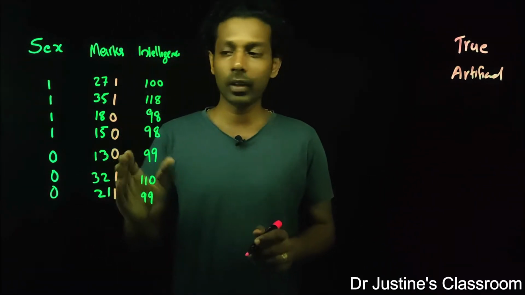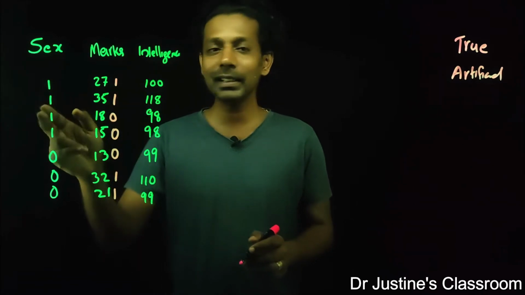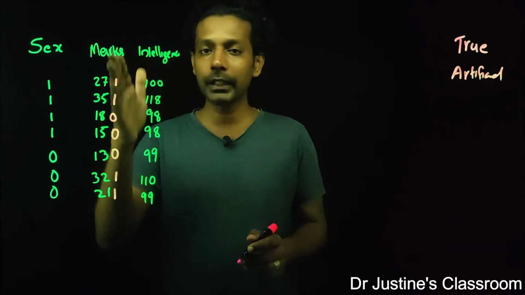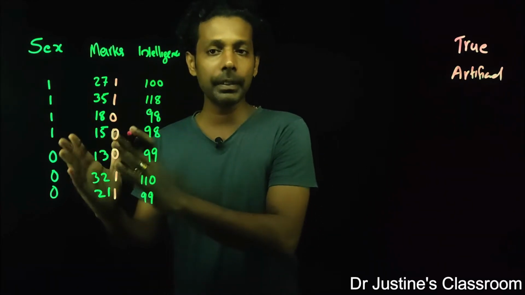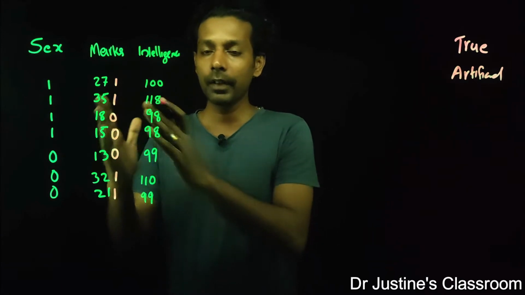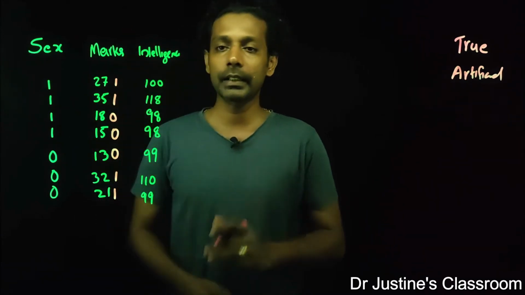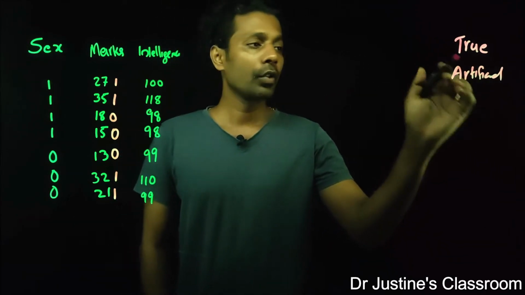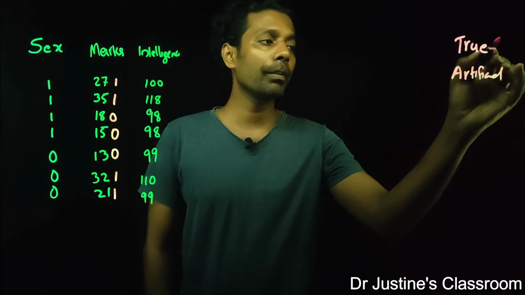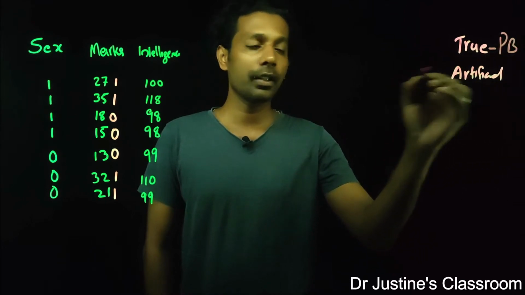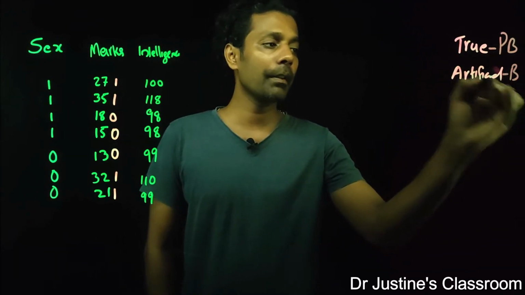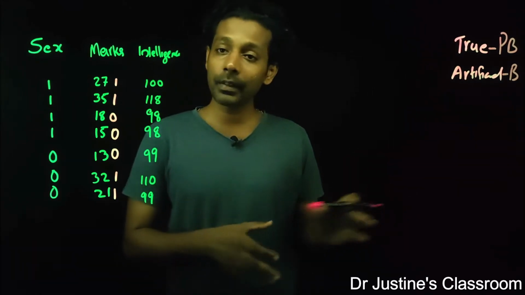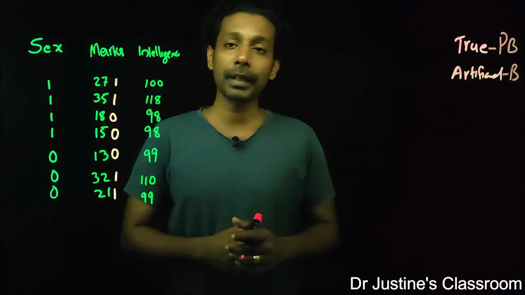So now I have a dichotomy, 0 and 1, and this variable, the 0 and 1, is derived from another continuous data. So it has backup data, which is continuous data, and from that, data like this is derived. So this dichotomy is an artificial dichotomy. When you have a true dichotomy, you go for point biserial correlation, and when you have an artificial dichotomy, you go for biserial correlation. That's it. Very simple concept. And both methods are parametric in themselves.